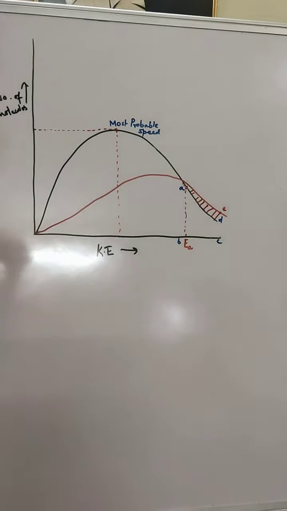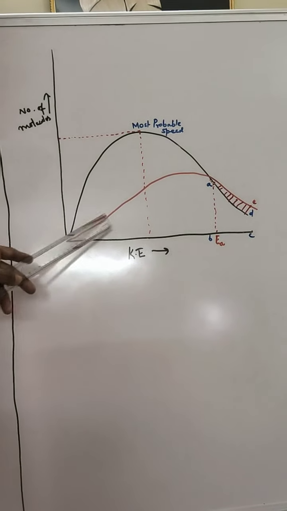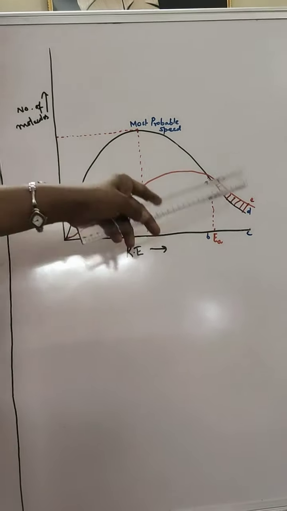So with the rise in temperature, the number of effective collisions increases. Effective collisions are those collisions which get the reactant converted into product. So they are basically increasing the effective collisions. Okay, and we must remember this very important point: only a small fraction of the collisions are effective in bringing about the chemical reaction, and the rest of them are non-effective.